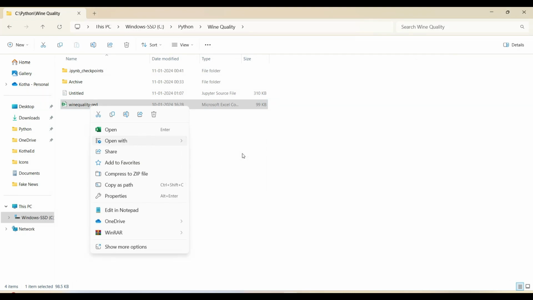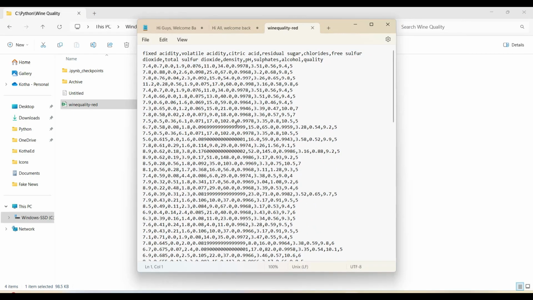Let me open it in the notepad. If you see in the notepad, we have the comma separated values, right? Let's pick one of the columns. Here the wine test is 7, which means it should give us the value as 1. Okay,